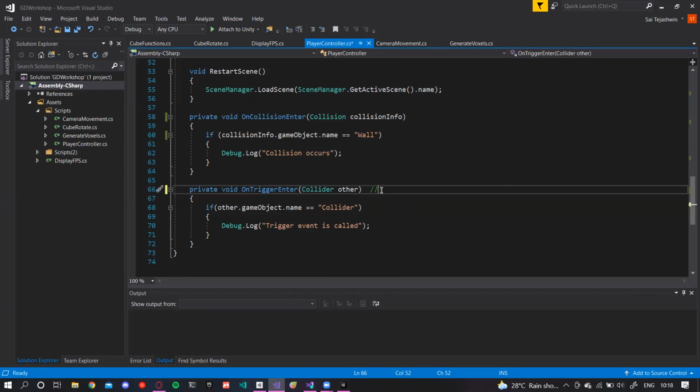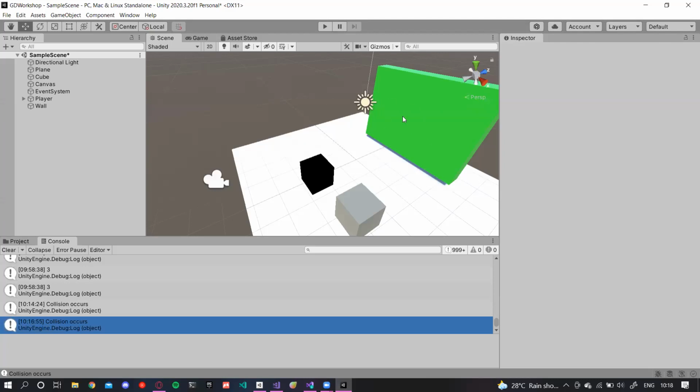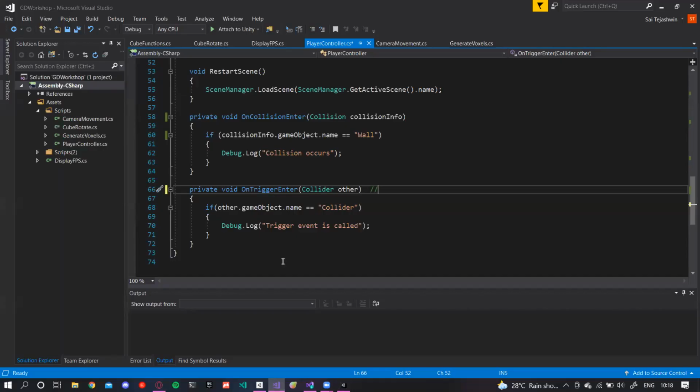If I place this mesh or collider in a certain part of the area, and I just go through it, I get the information in my on trigger enter function, which I can use for whatever implementation I'm trying to implement in my game.